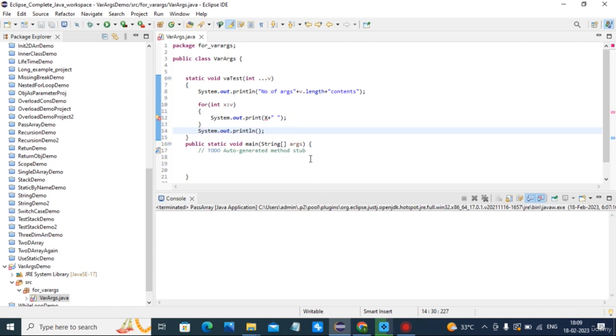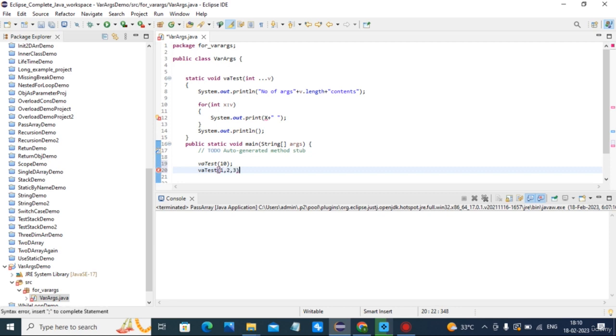Now I call vaTest without using an object. Then the same example I am repeating, but with the new method: vaTest 1 2 3, and vaTest with no element present at all.